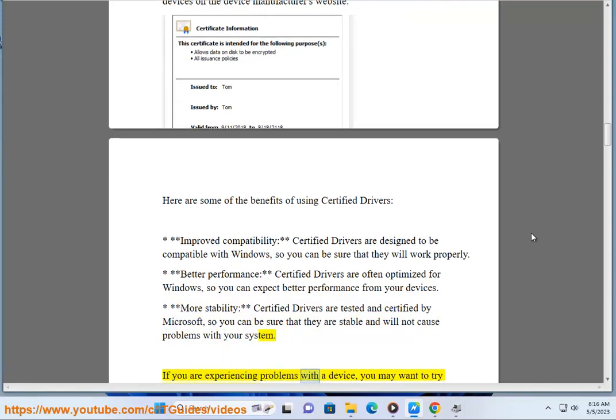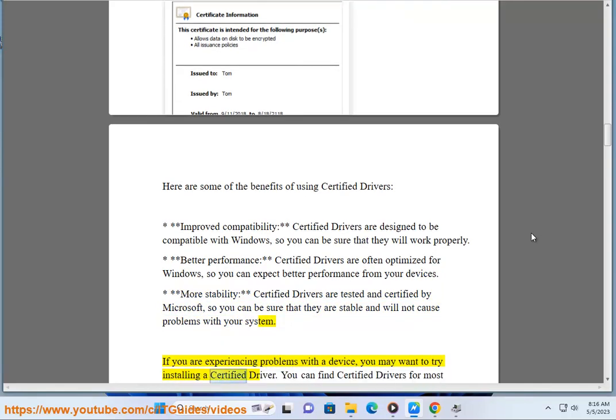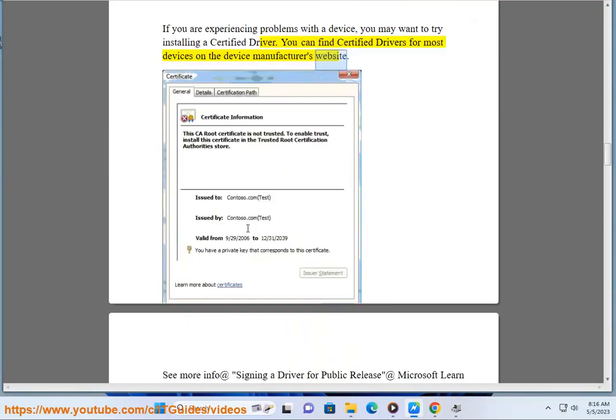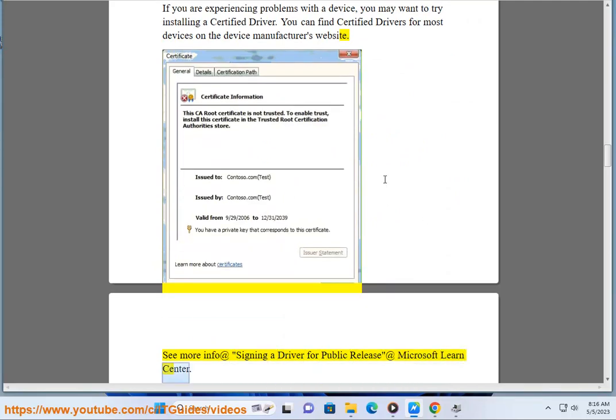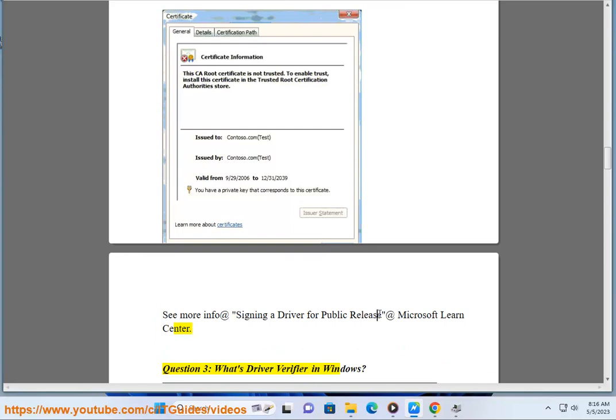If you are experiencing problems with the device, you may want to try installing a certified driver. You can find certified drivers for most devices on the device manufacturer's website. See more info at signing a driver for public release at Microsoft Learn Center. Question 3. What's Driver